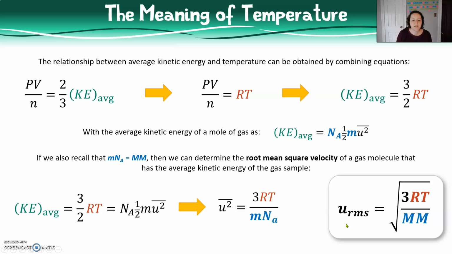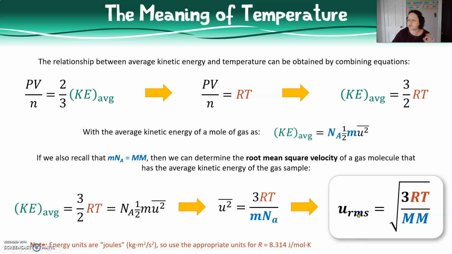This is the speed of a molecule with the average molecular kinetic energy of the entire sample. And we can see clearly from this equation that it's dependent on both the temperature and on the molar mass of the gas. Now, before we move on to specifically talking about that relationship, let me also point out here that if you were going to solve for this value, the constant you would plug in for R, for the ideal gas constant, should actually be the Joule's version of this constant and not the gas law's version. But I'm not going to ask you guys to solve for this semester, so we just want to focus on